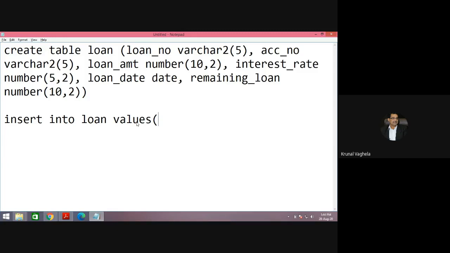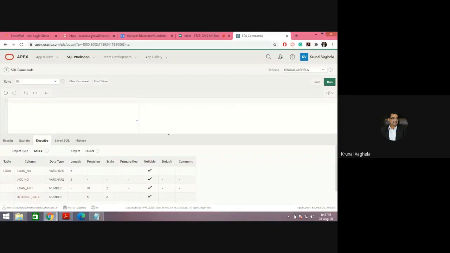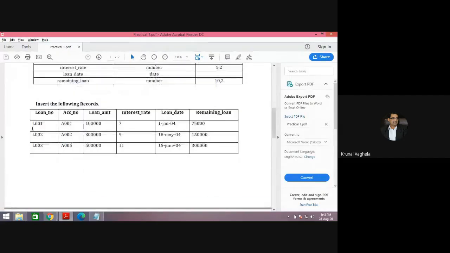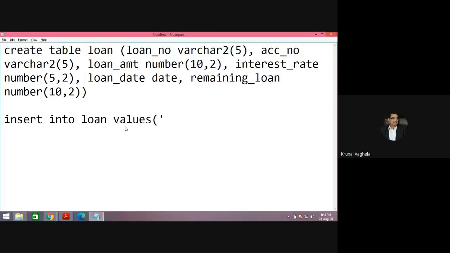For numeric data types, no single quotes are required. So let's see the values. These three we are going to enter. Loan number is L001, single quote, comma, account number is A001,